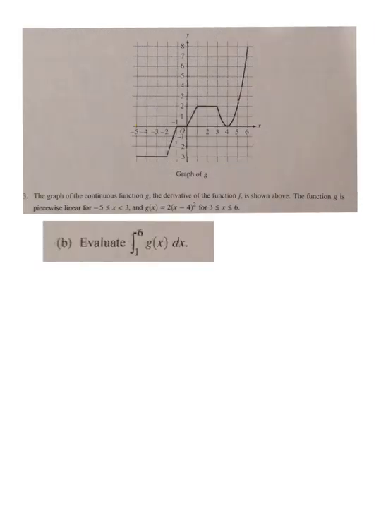All right, so they're asking us to evaluate this integral right here. Now, this is the graph of g, and they want the integral of that. So isn't that the area under the curve, just like what we did on part A? We don't have an initial condition, but I want to just take a moment and look at the graph